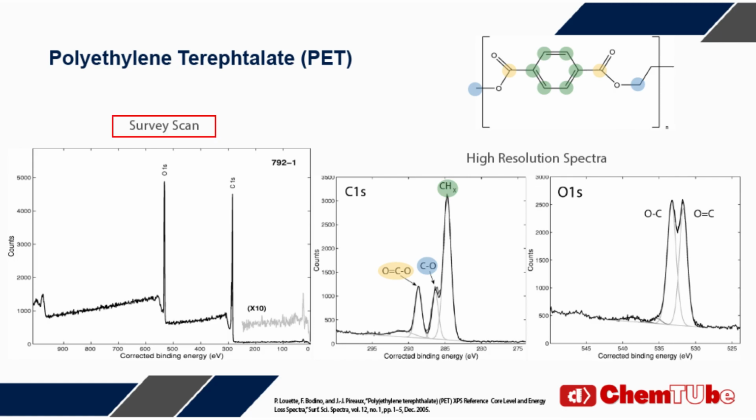Polyethylene terephthalate, with this chemical formula, contains carbon, oxygen, and hydrogen. Since XPS can't identify helium or hydrogen, only the peaks identifying carbon and oxygen are visible on the survey scan, where oxygen 1s is displayed at 520 electron volts and carbon 1s at 300. The label 1s describes the core electron shell the photoelectron was emitted from. A small peak of oxygen 2s is also observed at 20 electron volts. However, the oxygen 1s peak is used for analysis instead because of its much larger intensity.